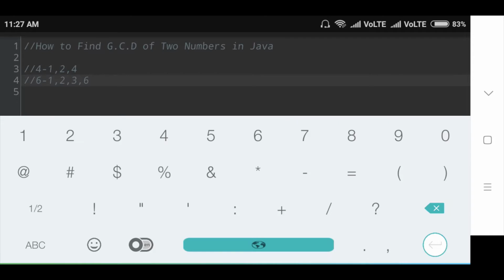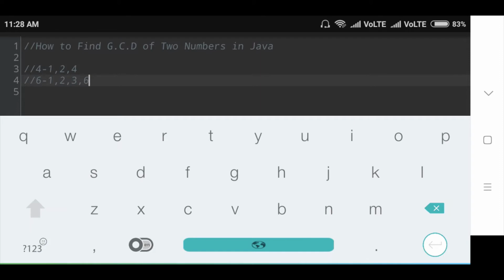So in these two numbers, the common factors are 1 and 2. The greatest common divisor in these two numbers is 2. 2 is the greater number in these two numbers. Okay.